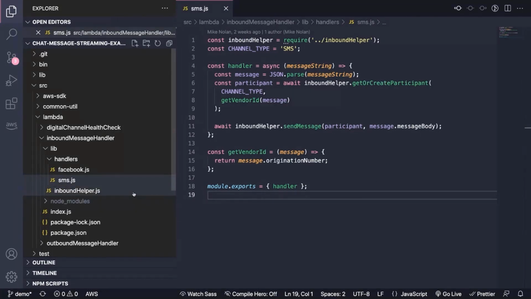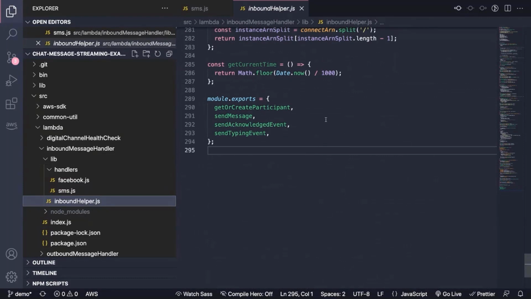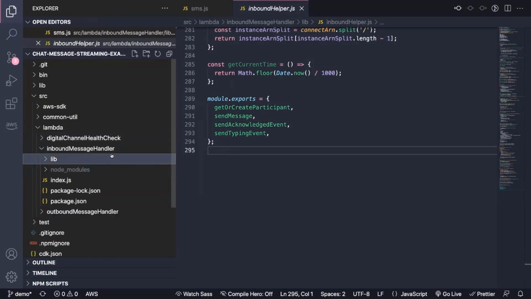If we take a look at the inbound helper logic very quickly, we can see the public methods here, the module exports. We support get or create participant, we support sending message, and we also support sending acknowledged event and sending a typing event. For text messaging, we obviously can't determine when the customer is typing to you. But for our digitally native channels, there might be channels with integration to have that type of event and send that through. Similar to acknowledge, which is kind of like a read event of, yes, the customer has read this. We don't have that with SMS either, which is why it's not being invoked within our SMS handler. And that's our inbound message handler